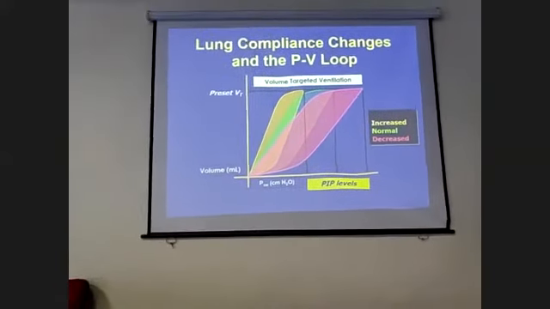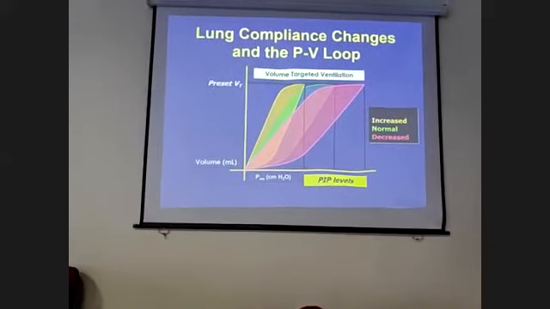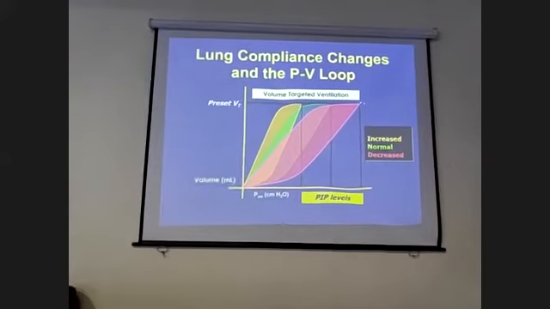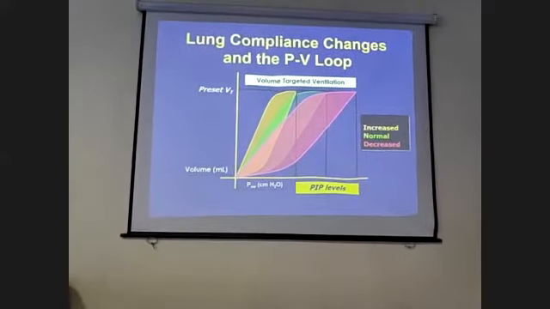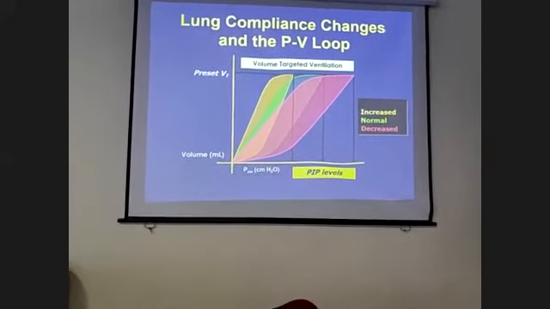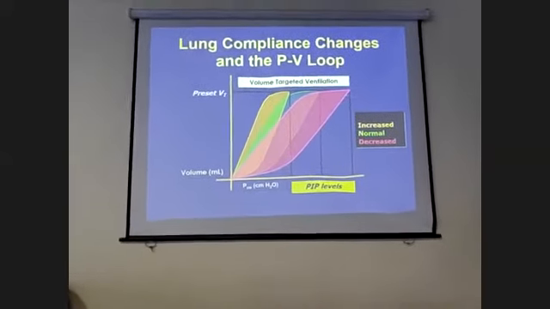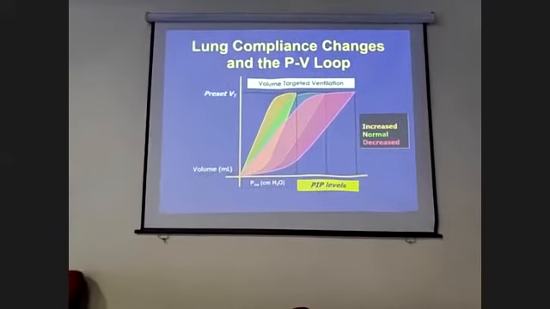When the lung is stiff, what will happen? The curve will get deviated towards higher pressure. That means it is bending on the right side, and it is creating higher pressure. So at 500 ml of tidal volume, one person whose lungs are very stiff is going to generate a pressure of 40, whereas a patient whose lungs are compliant,